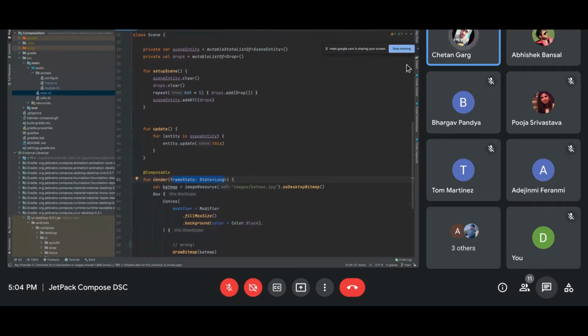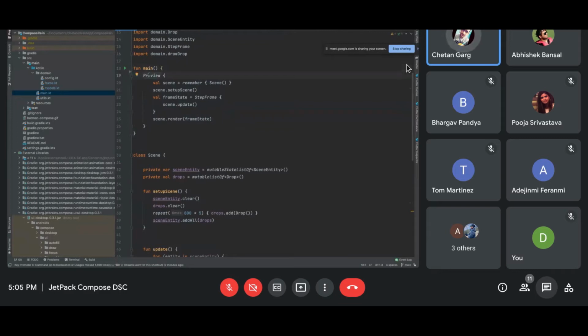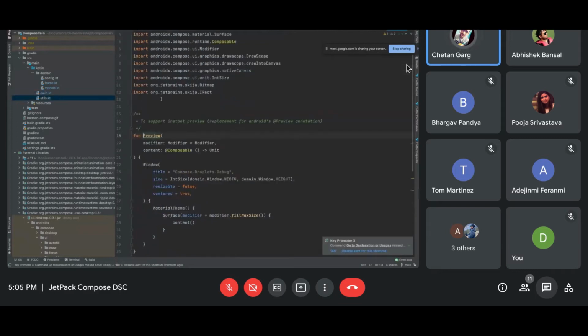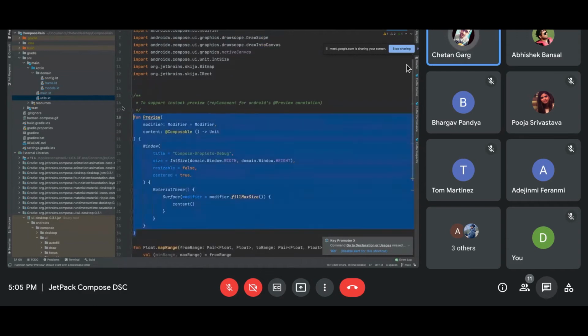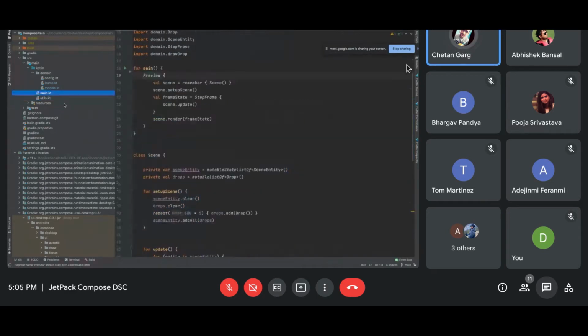So you might be thinking how this render function is getting access to the state. For that, you can come to this main function. One more thing, this compose preview is not there in the system. I have gone through the example of Statsy, one of my fellow developers, the Apache, whose real name is Shifa, who has created this composable, which is a really good example if you want to create a preview. So I shamelessly copy pasted his example in here, and I use this preview composable to quickly spawn my window to spawn this scenario.